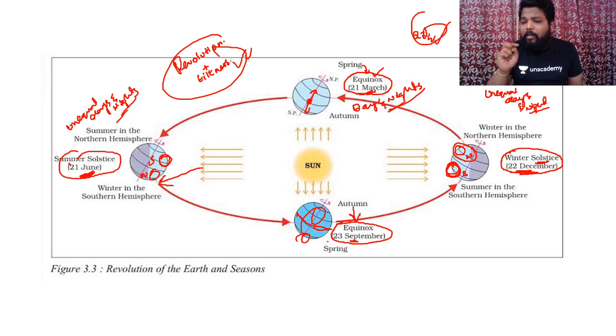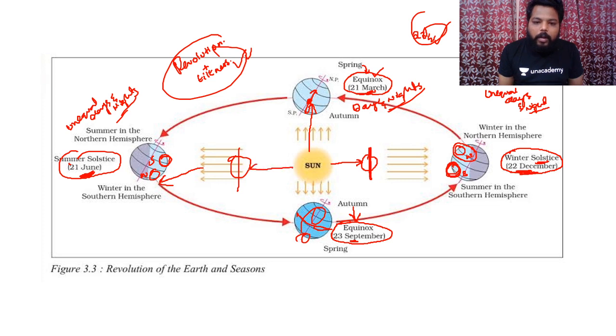Now let's examine if earth might have not been tilted. See, if earth might have not been tilted and if it might have been placed in its axis in this straight line, so every time sun rays might have fall on the equator. Here also every time sun rays are falling on equator, and here also sun rays, if it is not tilted, would be fall on equator, and here also sun rays would be falling on equator. So if we don't have the tiltness of earth axis, then we won't experience the concept of seasons. Clear? So hence it is revolution along with the tiltness of the earth axis, the reason behind